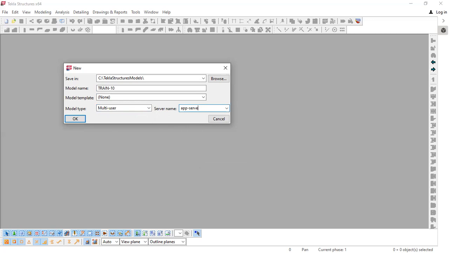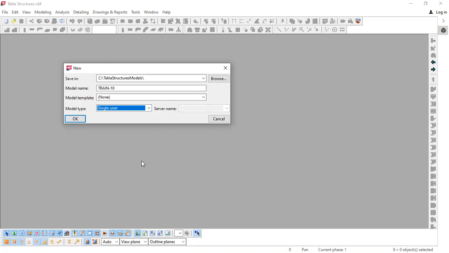So you have to enter a server name or an IP address here. That way, this model will be converted to multi-user directly from the starting of your model. When you are starting a new model, it will directly get converted to multi-user.